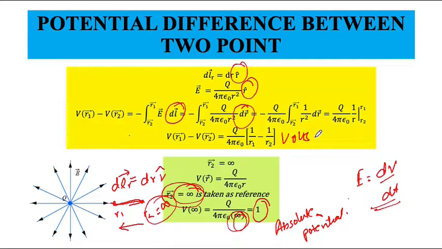So we have set R2 equals infinity for our reference, and let you know some other types of charge distribution and electric field distribution, and try to find out what the potential will be because of those charge distributions and line distributions. Before that, let us do some simple example.